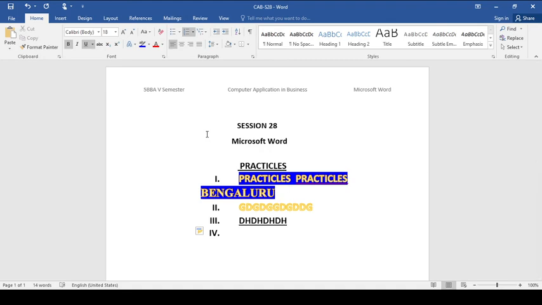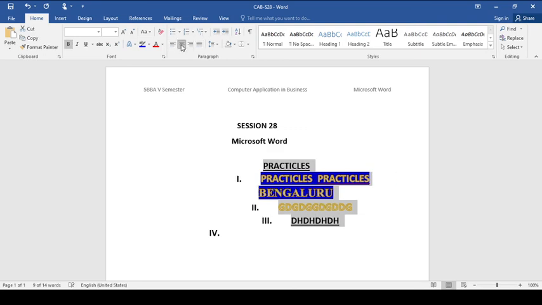Now, whatever the content or material we have, when we have to present it, we can align to left, we can align to center, we can align to right, whichever we want. For that we have to select the information. When I select this particular information, if I go for left, the alignment will be towards left. If I go for center alignment, the alignment will be center.